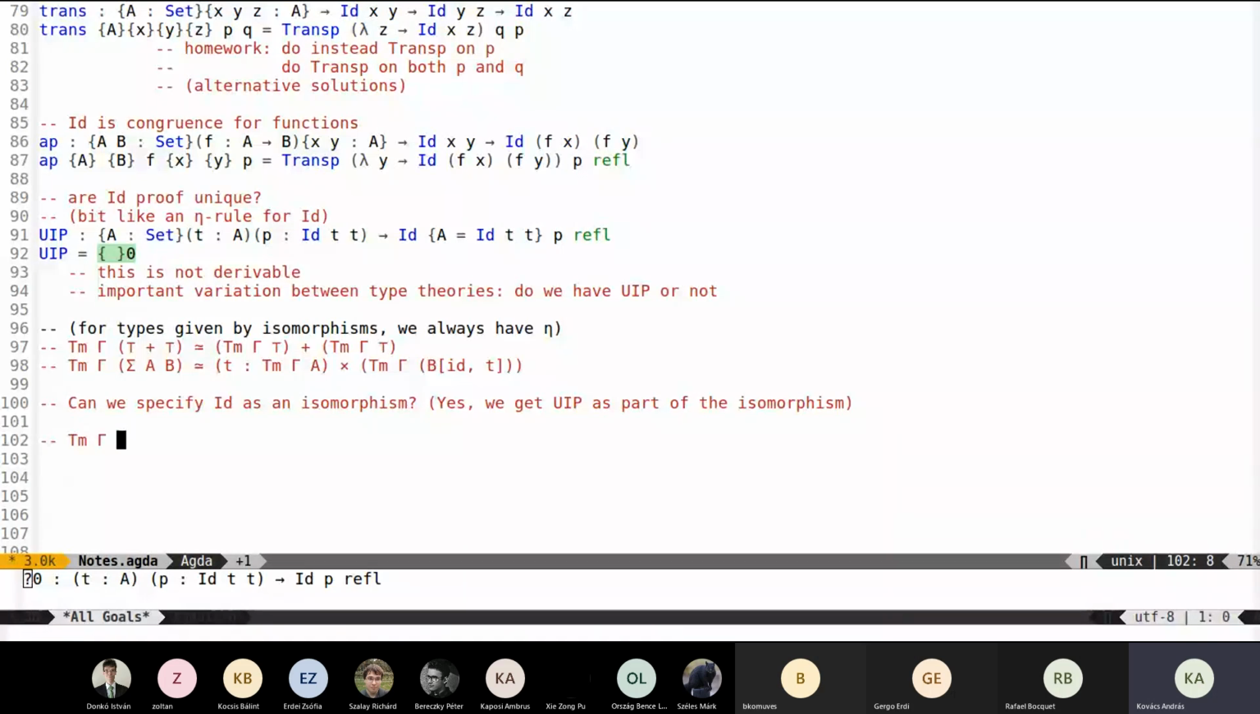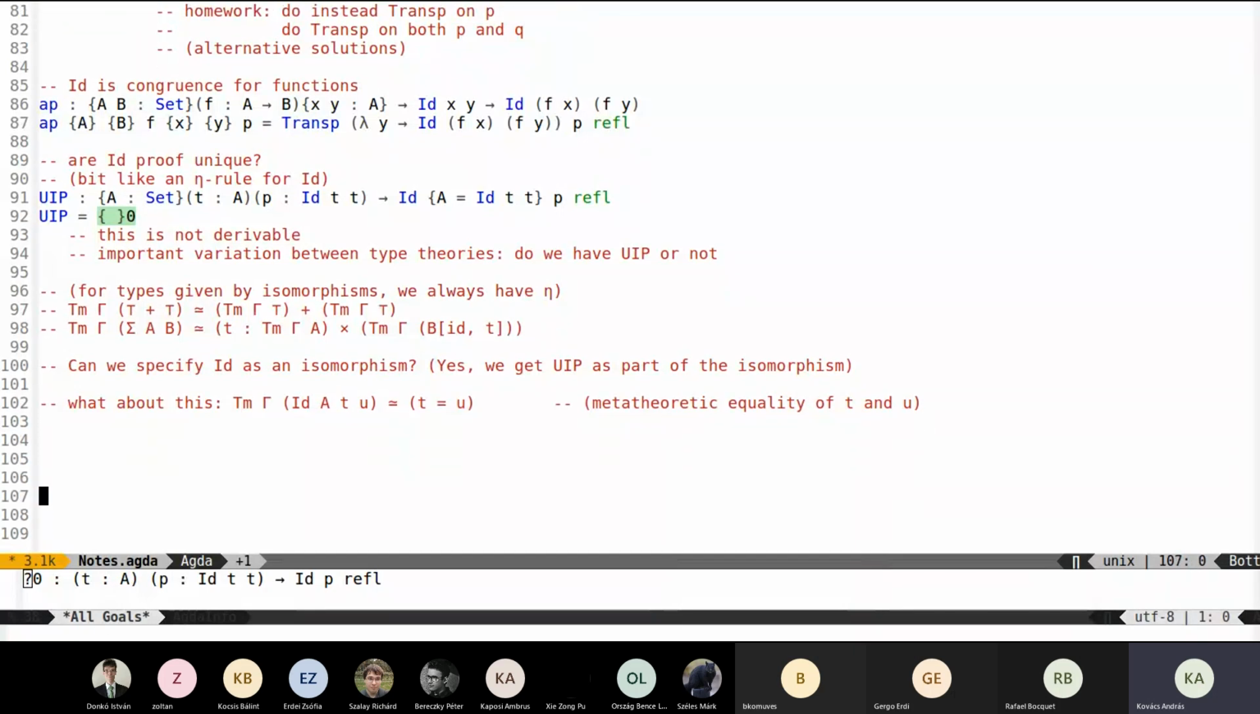So we can do something like Tm gamma of ID A T U. Is it isomorphic to the meta theoretic equality of T and U? Here on the right hand side we have meta theoretic equality of T and U. T and U are just particular terms, and we can talk in the meta theory about equality of particular terms. So can we do this? And if we do this, then it means that